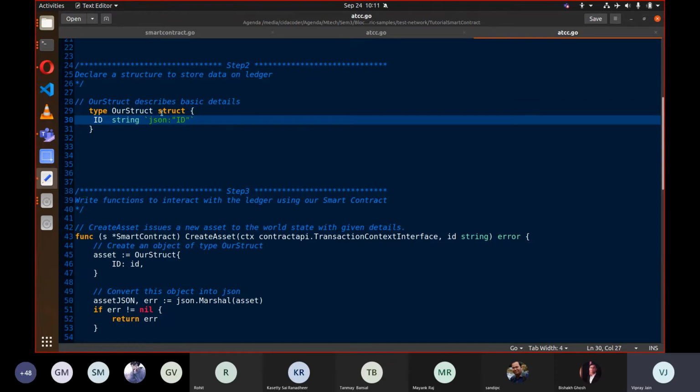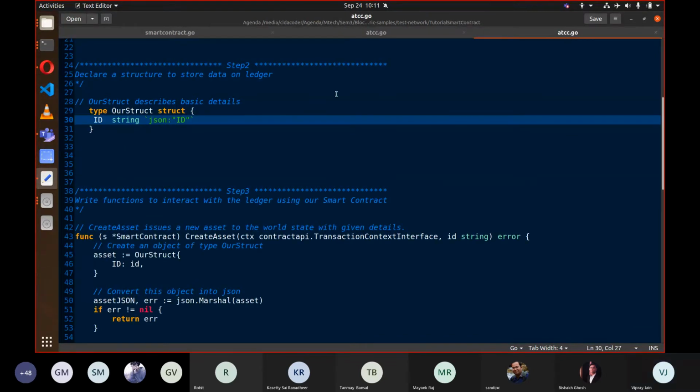So when we store this into the ledger, there will be a single field, unlike the old smart contract we have seen, where there are multiple fields. So we will see in the assignments that, as per the need of our problem, we will be changing this structure accordingly.